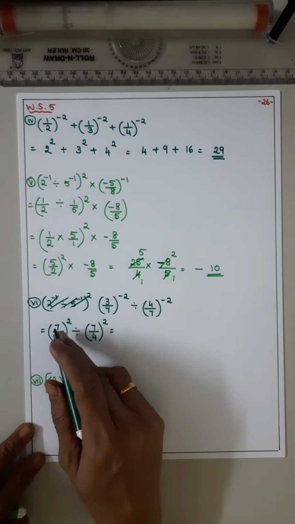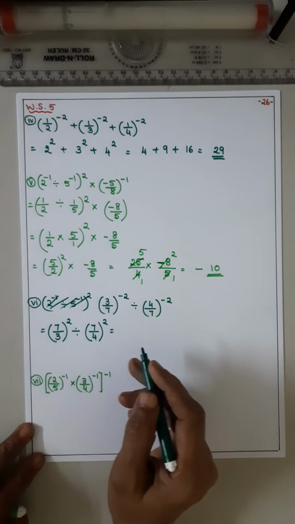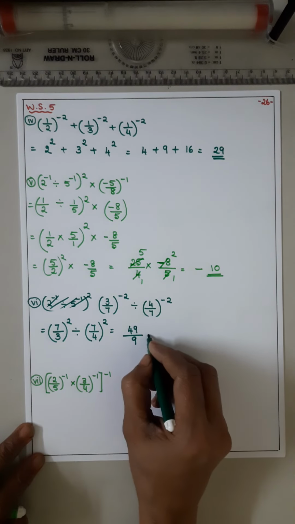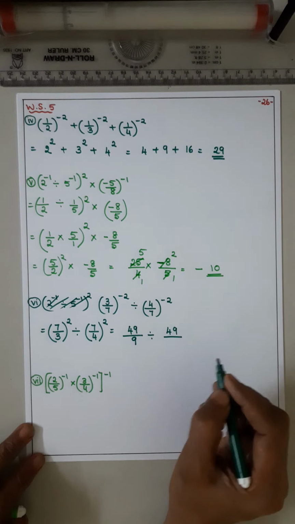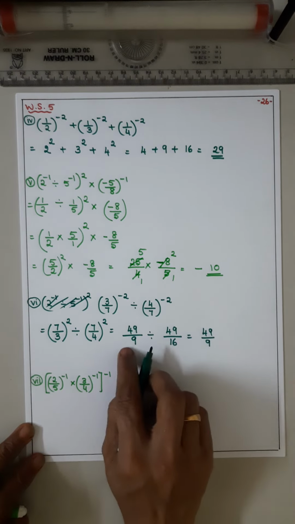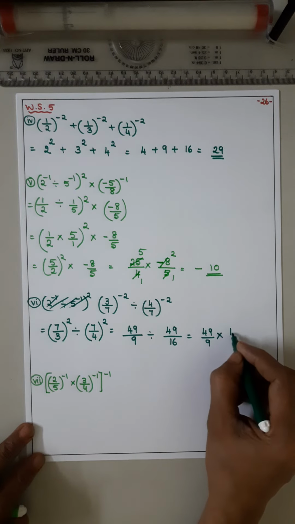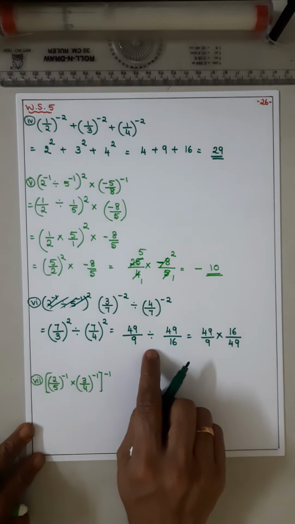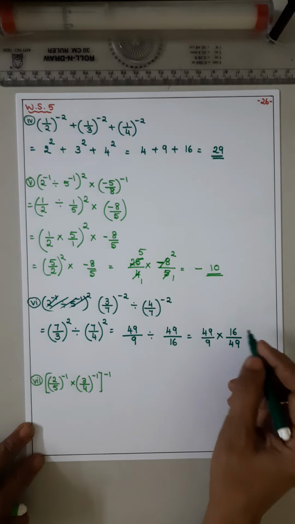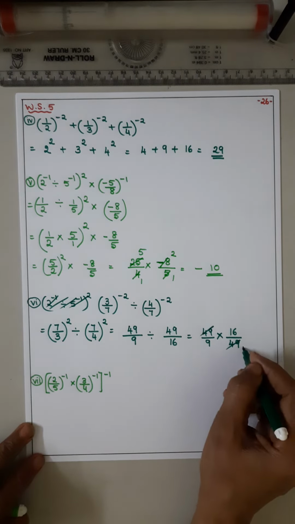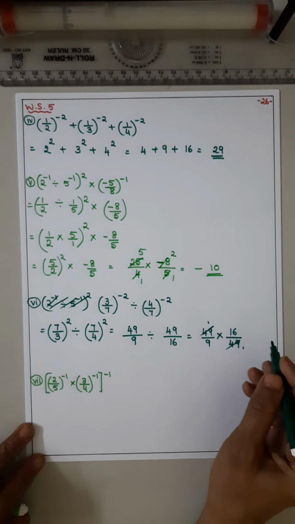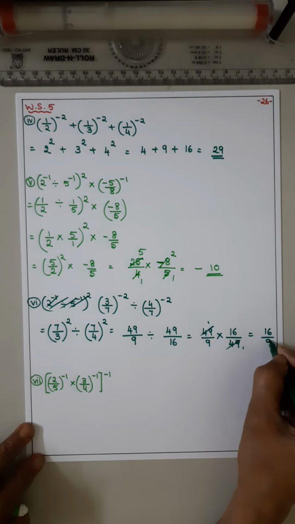So otherwise 7 by 3, 7 square कितना आएगा? 7 7s are 49, 3 3s are 9, divided by 7 7s are 49, 4 4s are 16. अभी 49/9, इधर डिवीजन का मतलब मल्टीप्लाई 16/49 है ना. फ्रैक्शन में डिवीजन मतलब मल्टीप्लाइंग द रेसिप्रोकल ऑफ द सेकेंड वन. ओके, ये बना 49 49 कट 1 जा. नाउ 9 and 16, 9 and 16 कटिंग नहीं होगा, so the final answer is 16/9.